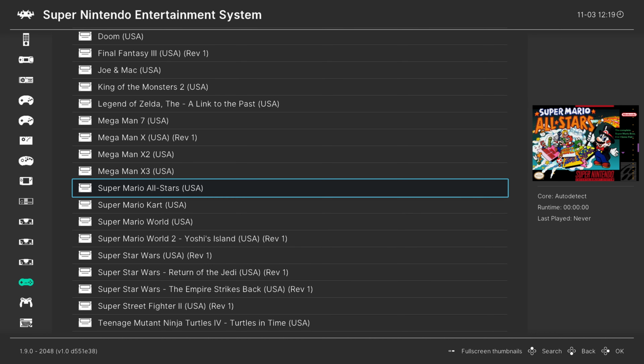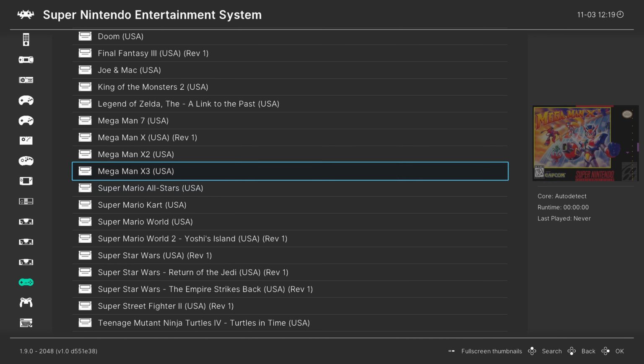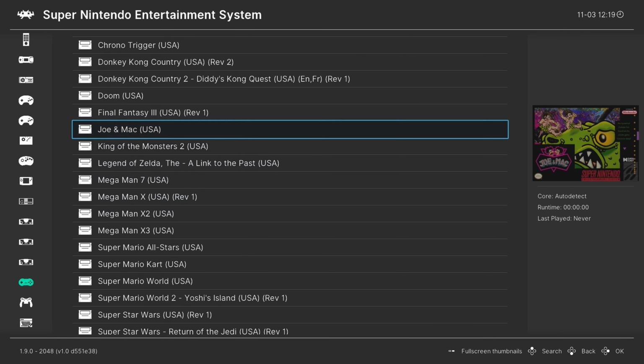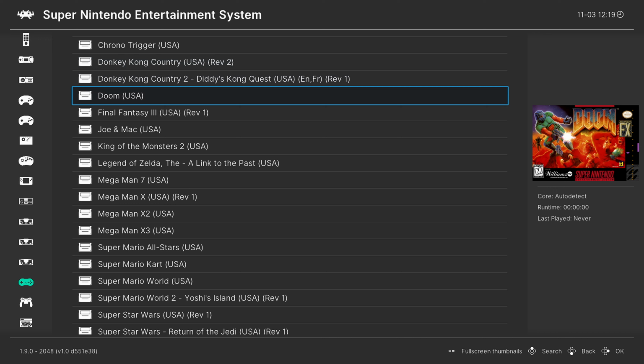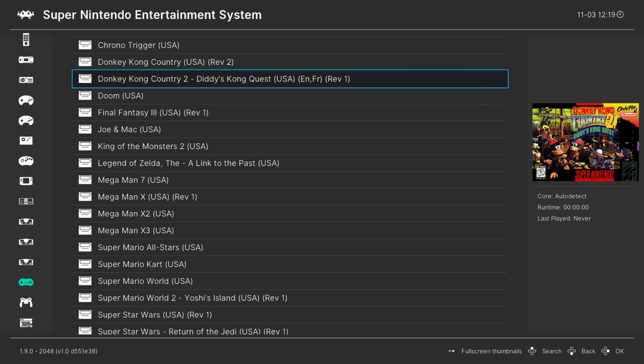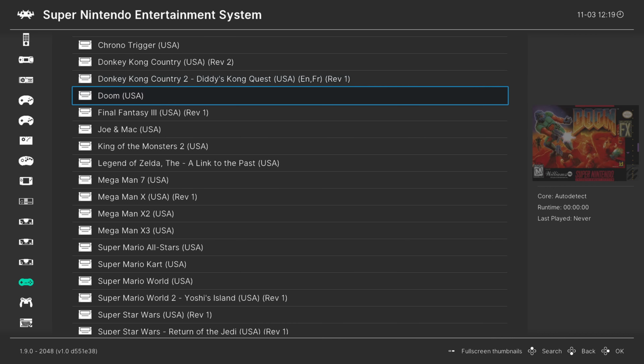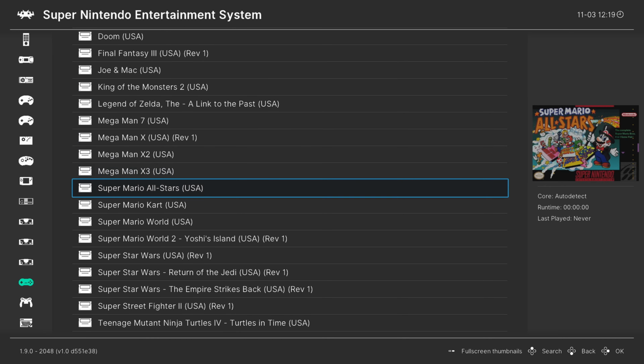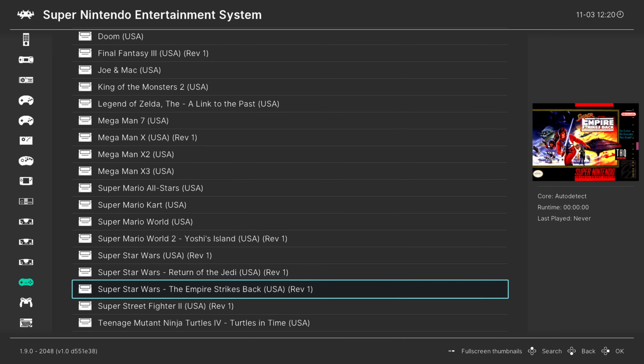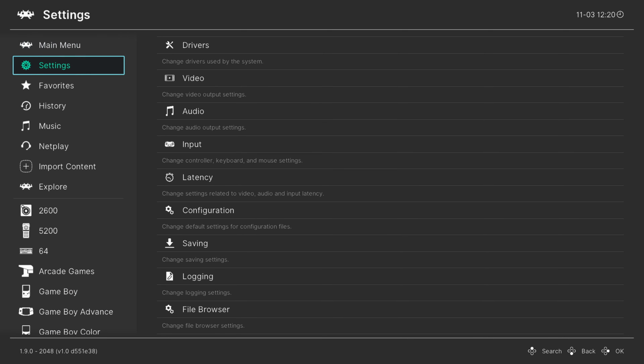But there is one thing I really don't like, and it's having these region specifications on my games, or language specifications, as we see here on Donkey Kong Country 2. Like, I don't like having those. I don't think it looks very good. So there is a way that we can remove that, and that is to go back to the settings menu